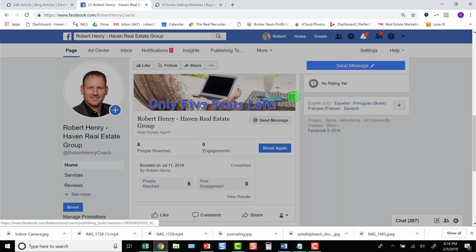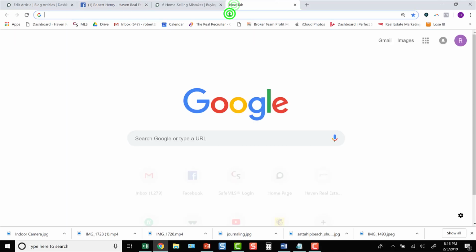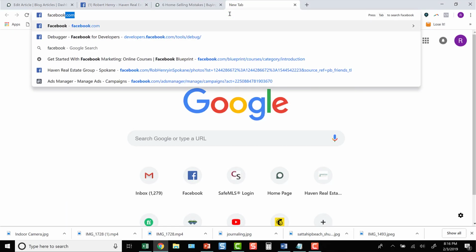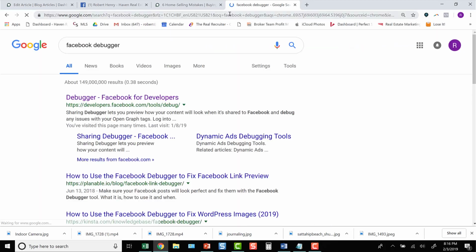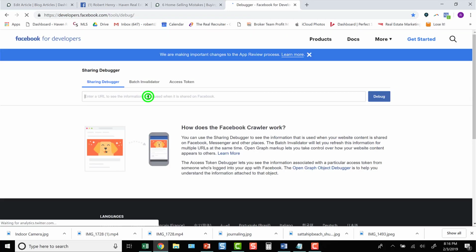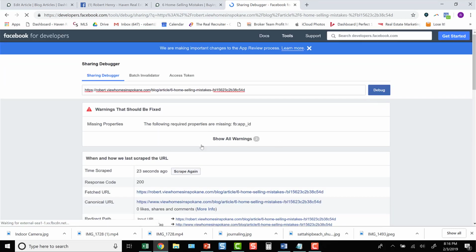So what you have to do, let's log out of that, is go to a site called Facebook Debugger. It's a developer tool, and what it does is it prompts Facebook to go in and scrape the site to look for any images. So I'm just going to paste that URL in there, and I'm going to tell it to debug, and it's going to tell me that it hasn't